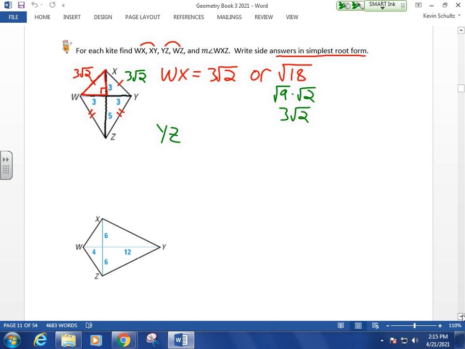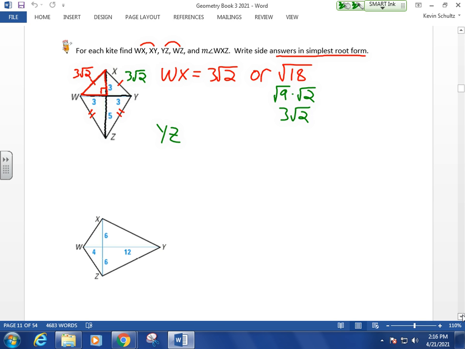Linnea, how do you find YZ? For this one, use the Pythagorean theorem. There's no special right triangle we can use. And so 3 squared plus 5 squared equals c squared, and you'd work it from there. Okay? And then